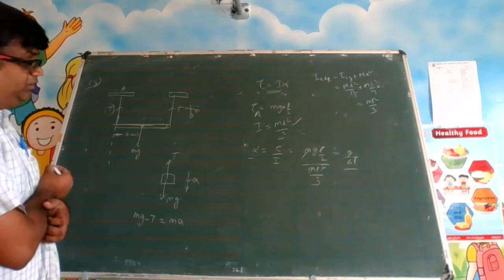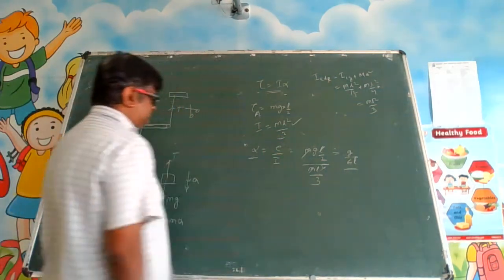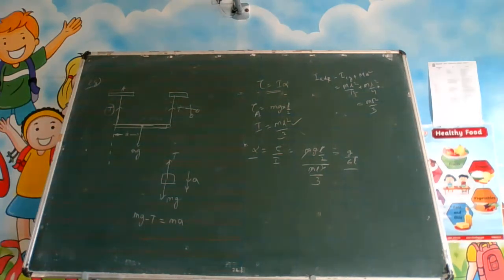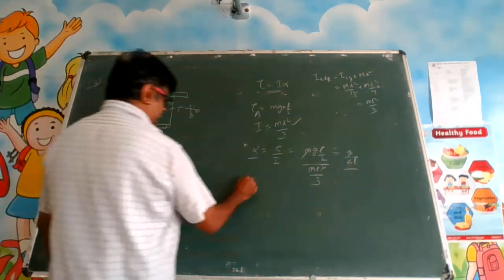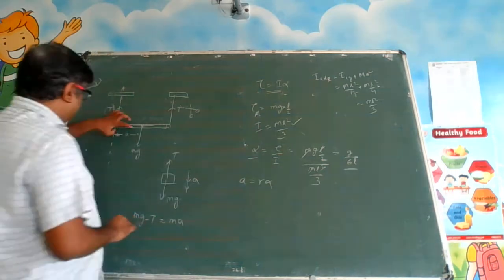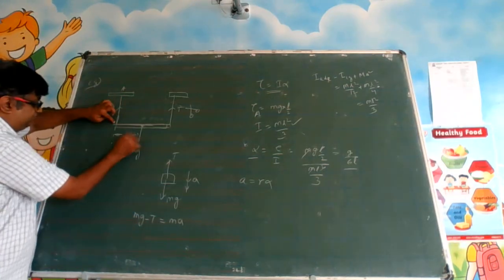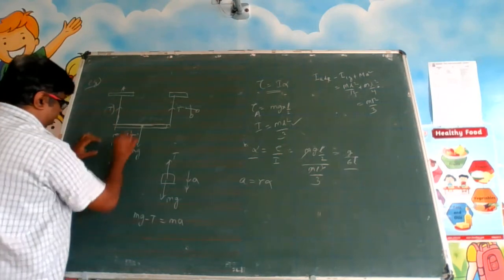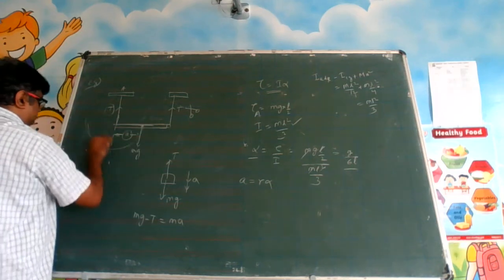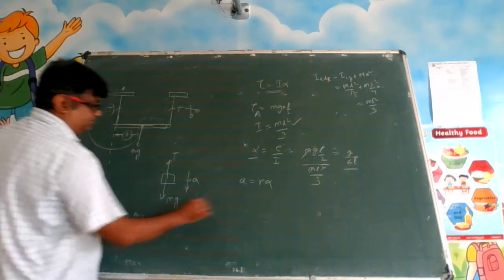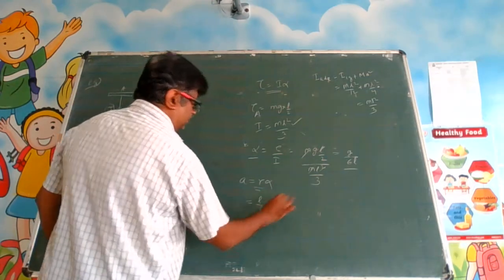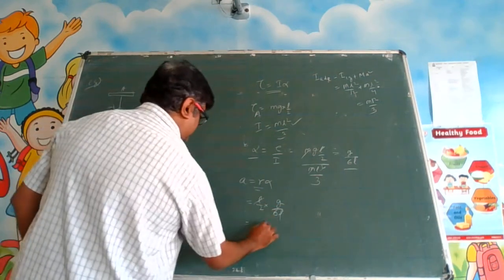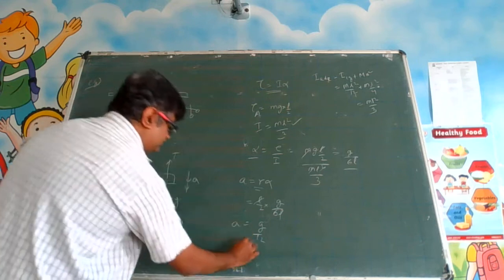So you have got the angular acceleration. Okay. So from that can we find out the linear acceleration? What is the interrelationship? A is equal to r alpha. No? So what is the r here? It is rotating about this point. So this A becomes your R. This is distance, this is not acceleration. So it is rotating about this point, something like this, some circle like this. So what is the R here now? R is L by 2. Alpha you have already worked out. It is G by 6L. L cancels. This becomes G by 12. Acceleration is G by 12.